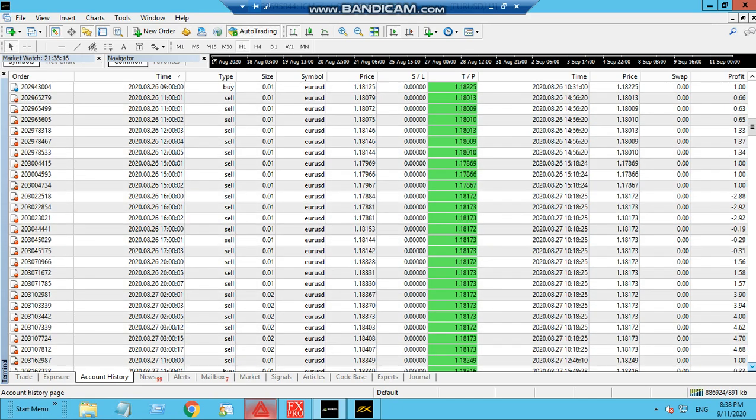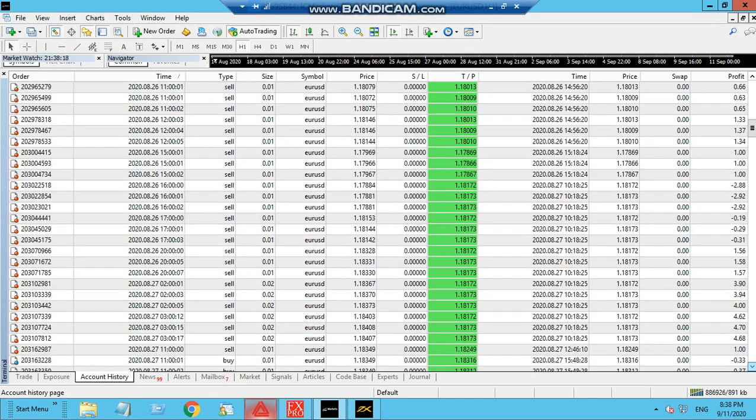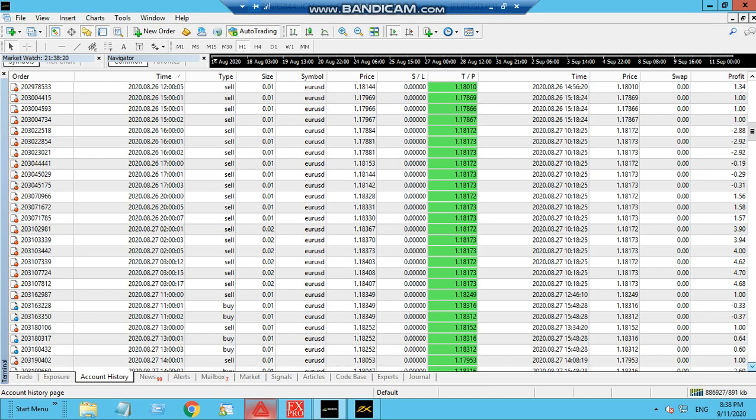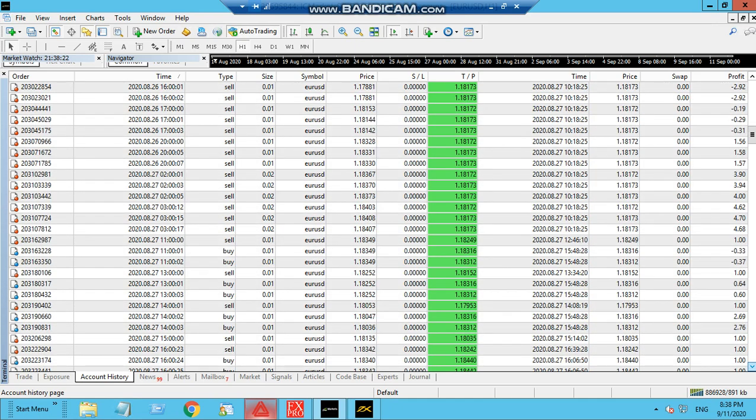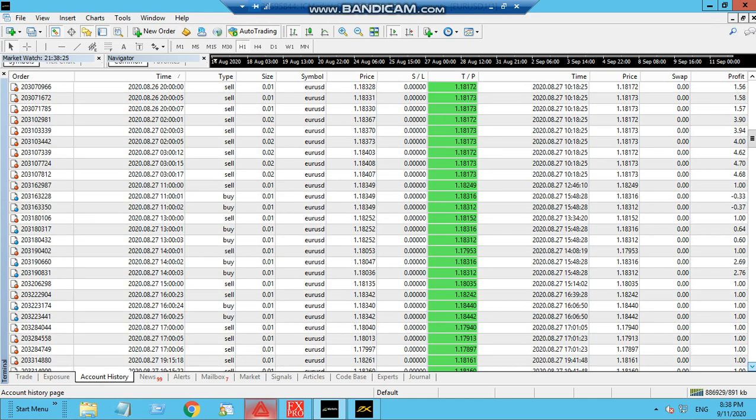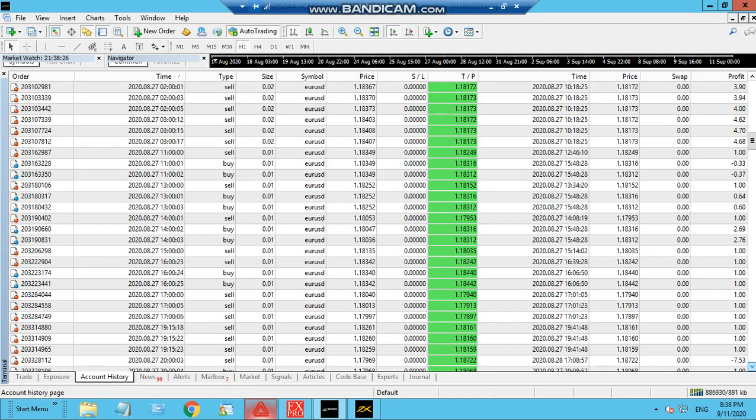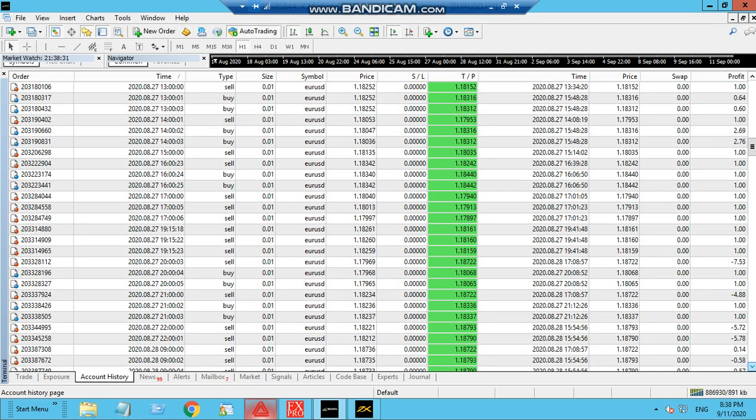In my real account, I've traded with 1000 US dollars just to keep myself safe. And I just started with 200 US dollars in this account, just to see whether it works on a low balance account or not. But in a low balance account, sometimes the drawdown would be very high, because it is not just one trade.